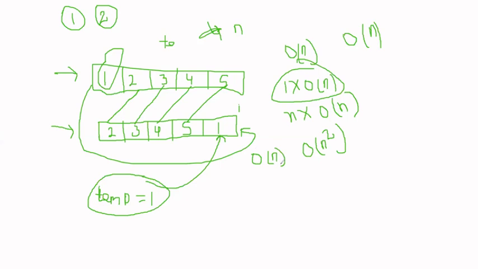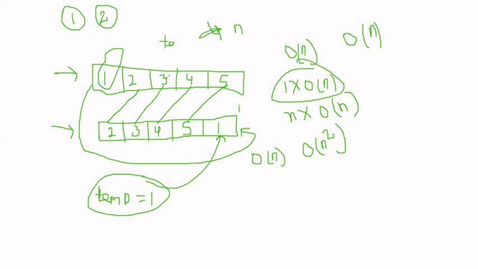For one left shift operation, the time complexity will be big O of n, because we are traversing through the complete array from i equal to 0 to n minus 1. So we can say that this is big O of n. Aryan, for one left shift operation, it is clear, so that we can understand it for n left shifts. Okay, so for one left shift operation, it is clear.